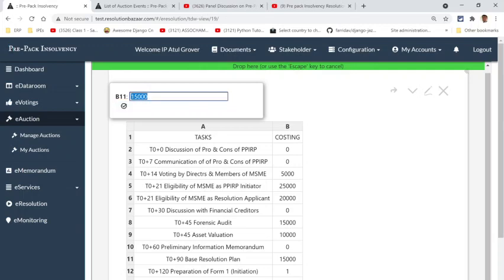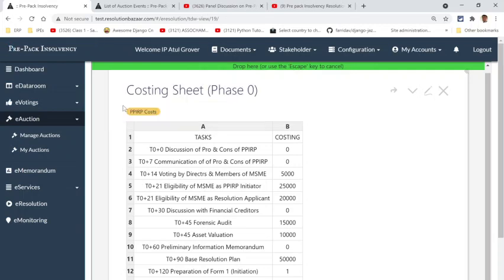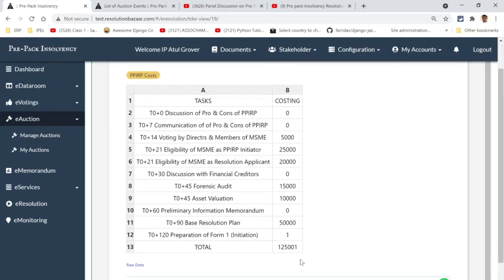It could start from 50,000 rupees in case you are a really small company. However, the requirements of the law are such that a professional may not be able to make a plan for anything less than this. So let us, for the sake of argument, assume some figure.